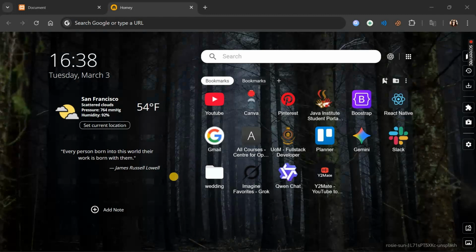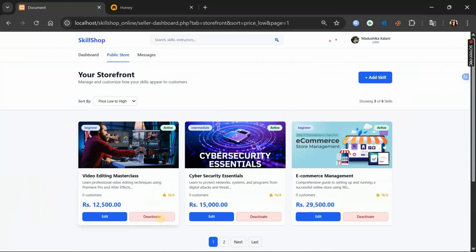We will also dive into the PHP processing logic that validates the request and updates the database securely. This is a professional feature used in modern web applications to provide a smooth user experience. Let's get started. When I click the deactivate or active button, the button immediately changes its text to processing and